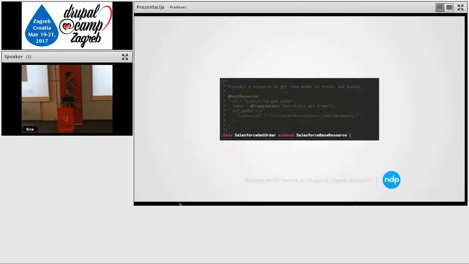So then we have the endpoints. This is actually the thing that creates the endpoint. You can see that we're extending our base resource. The class name is just a class name, you can put whatever you like. And the main thing is the annotation for this plugin. So you've got the REST resource annotation, the ID, which is something unique to this specific endpoint, and the label, translation. Now, you won't be seeing this unless you enable the REST UI module on